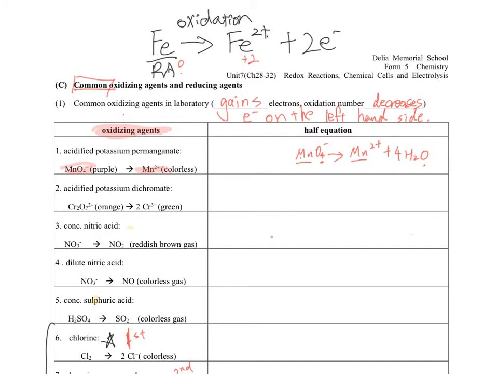Can you see that I added 4 water? So I need to add hydrogen ion to balance the number of hydrogen. How many hydrogen are there on the right? There are 8, so I need to add 8 hydrogens. And the last step, it's the